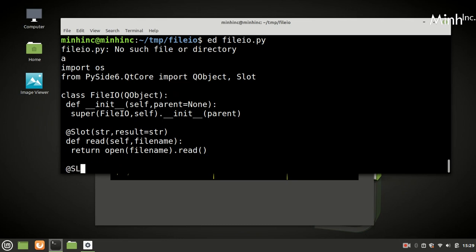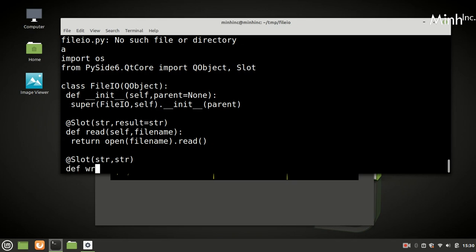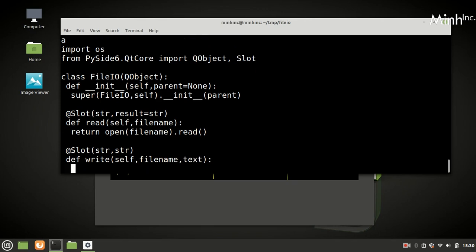Now similarly we will have a slot for write, that takes a str, nothing to be returned. Write takes the file name and what needs to be saved; we can just say open file name for write and write the text.